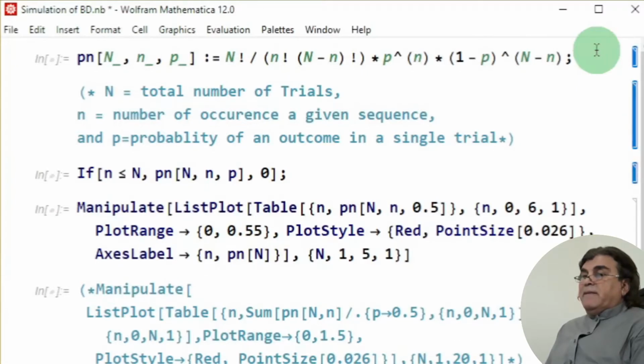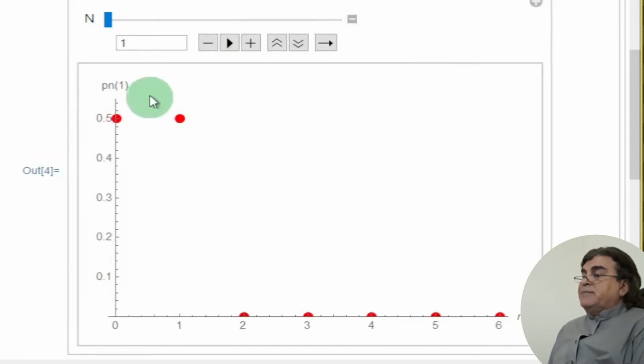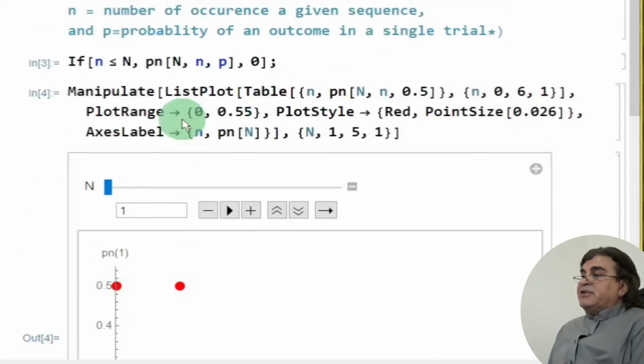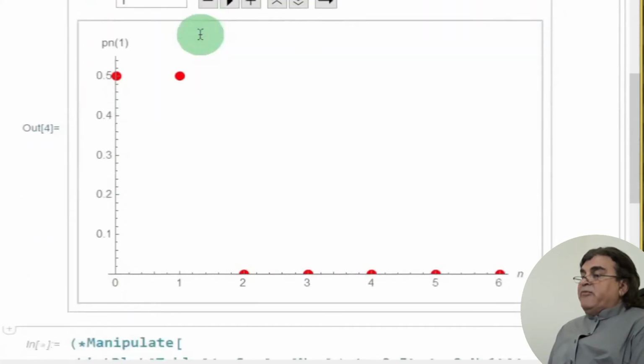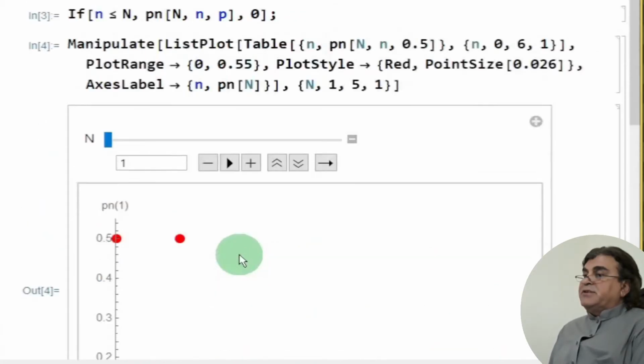Now if I run this part of the program, it gives me this plot. I add the simulation with respect to capital N by clicking on this plus button. Now you see for capital N equal to 1, there are two possibilities for small n, that is, small n can take values 0 or 1, and these two values satisfy the first condition in the If function. So Mathematica gives values for Pn for this range and sets the rest of the values for small n equal to 0 as per the condition given in the If